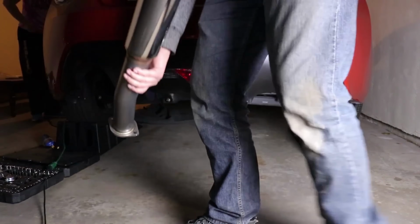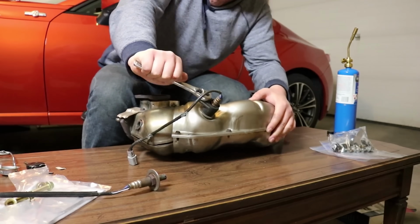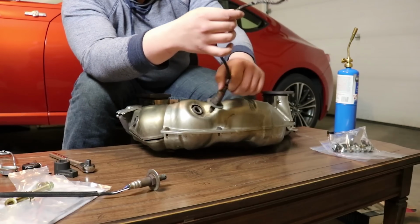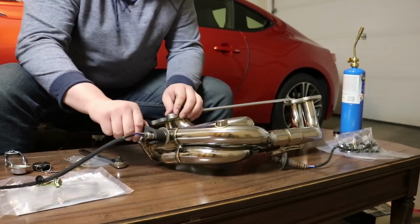Now, the FRS and BRZs aren't generally known for being the fastest cars on the block, but they are a lot of fun to drive, personally why I own one. And overall, it is just a fun car to own because if you're like me and like to do a lot of work by yourself on the car, it is fairly simple to work on as long as you don't have to replace spark plugs or anything engine related, because the engine goes like this, which isn't always the funnest thing. But as far as suspension components and exhaust components and everything bolt on, it is fairly easy to work on. You can do things in a matter of probably about half hour to an hour, depending on what